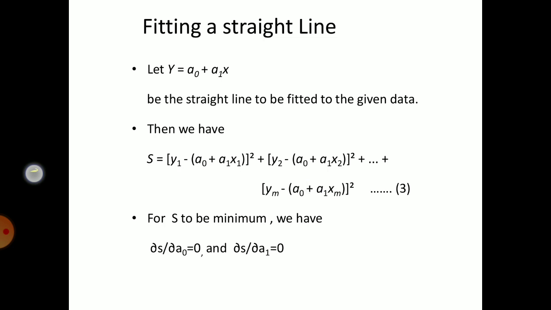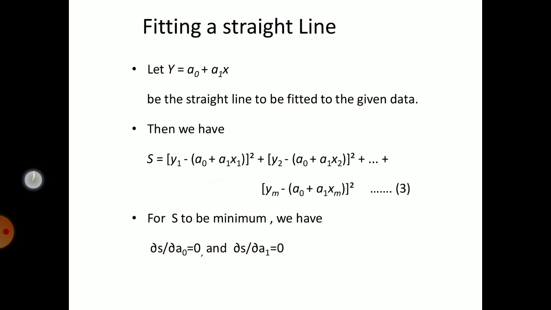this will be minimum if its first order derivatives are equal to 0 with respect to the variables a0 and a1, and second order derivatives must be greater than or equal to 0. This is an expression for minima. We have studied maxima and minima in 12th standard and in first year class also, for two variables or one variable. Now here it is for two variables, therefore there are two equations.